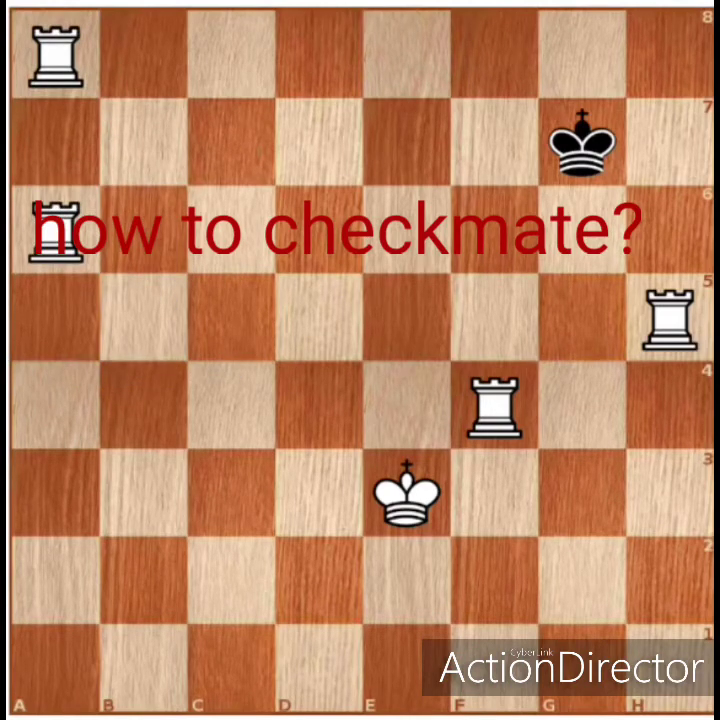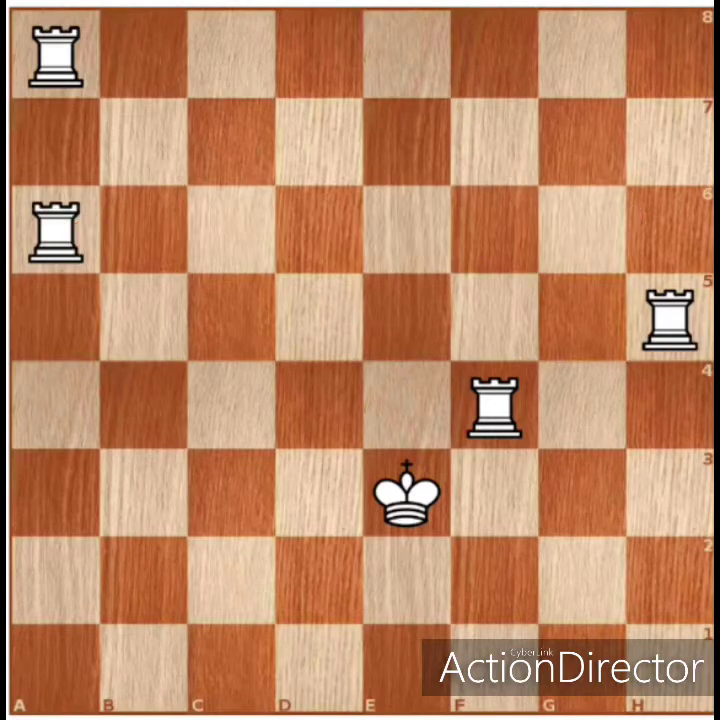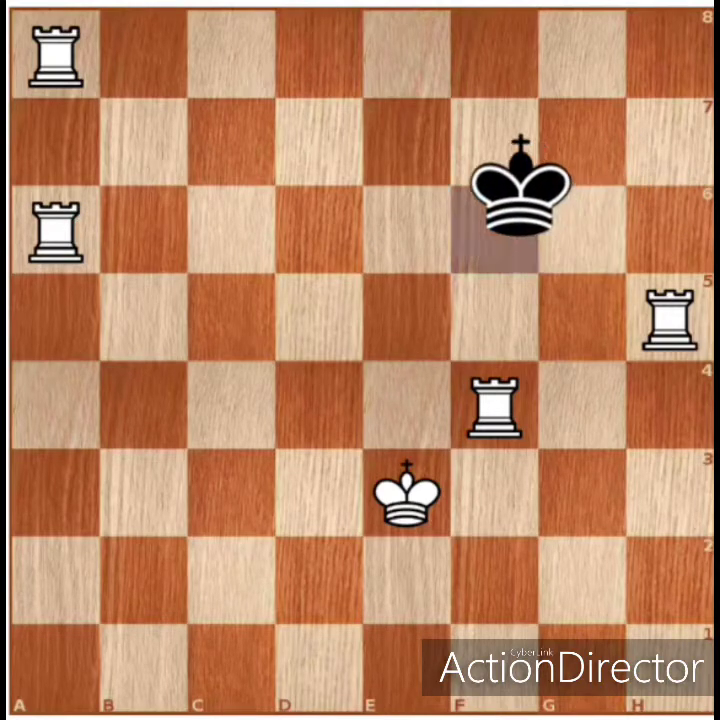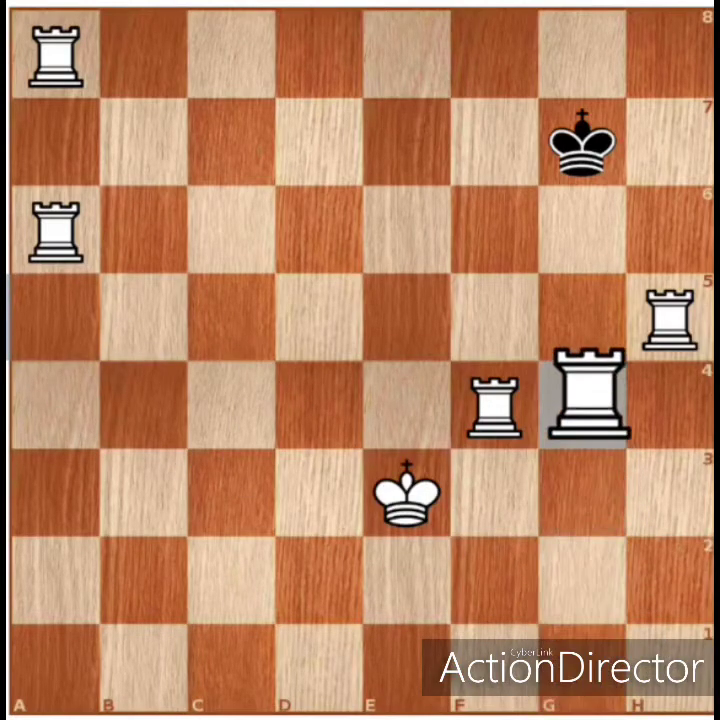Now you can see the king has no square to move. The black king has no square to move. So at this position you need to deliver a check, from any angle you need to deliver the check, and